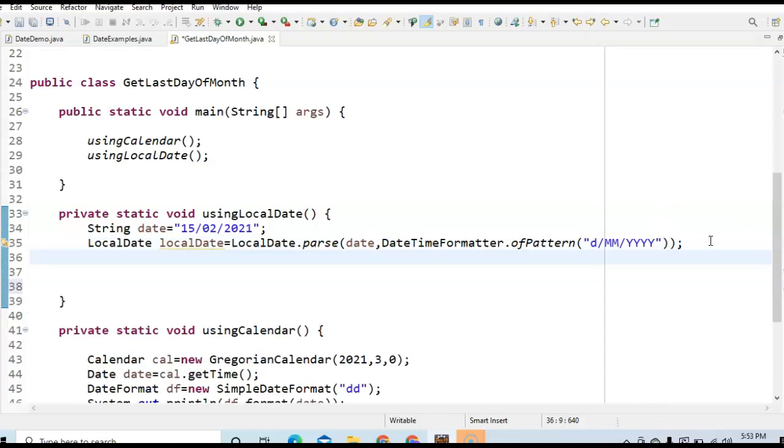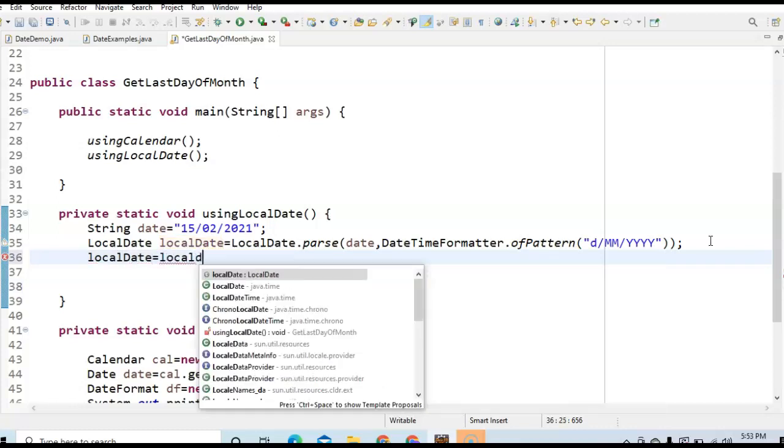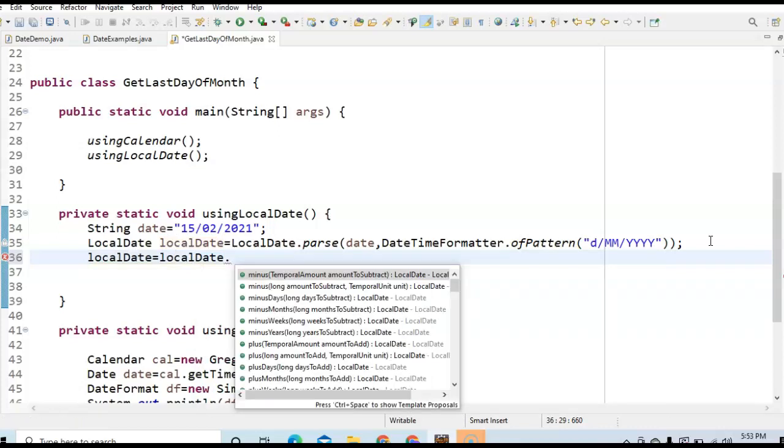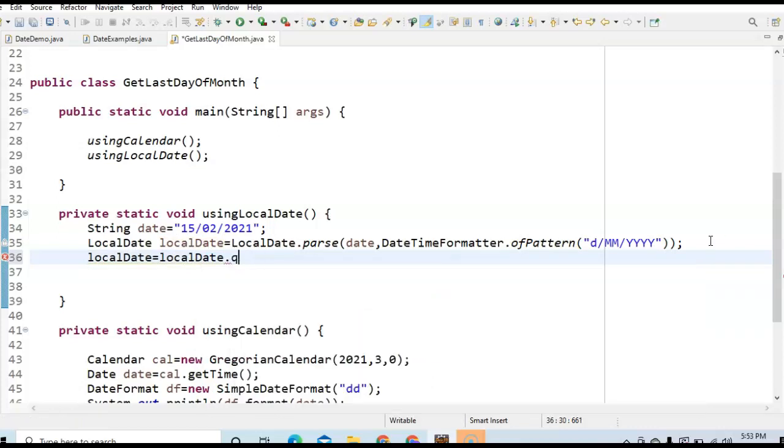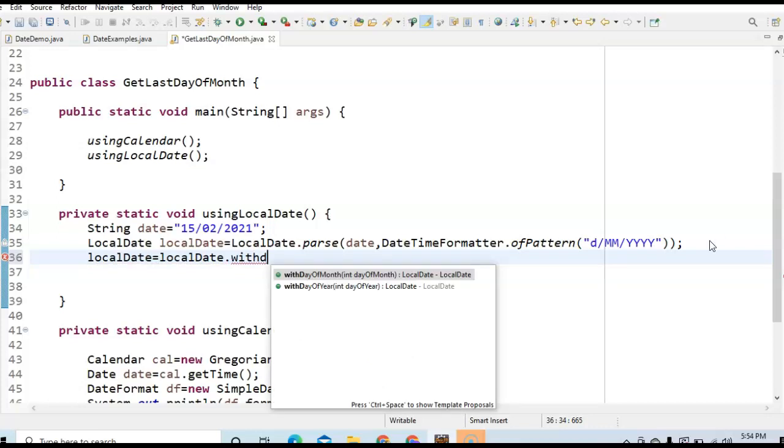And then we just say local date equal to local date dot with day of month. There is a method called with day of month.